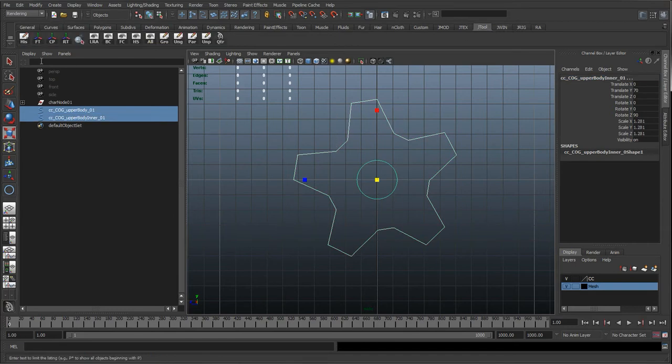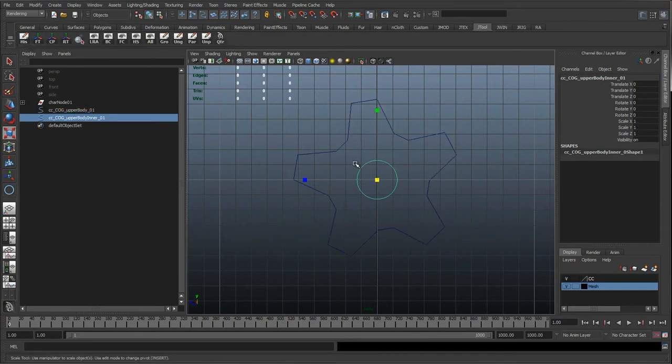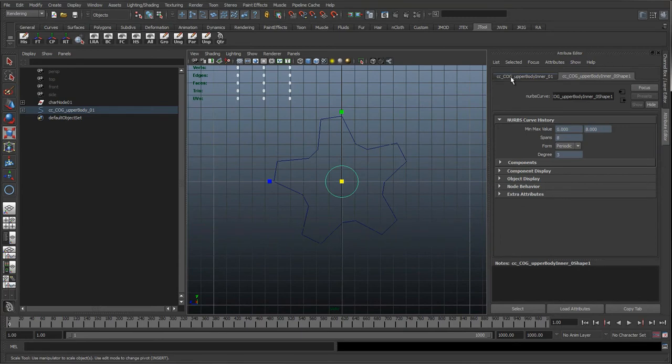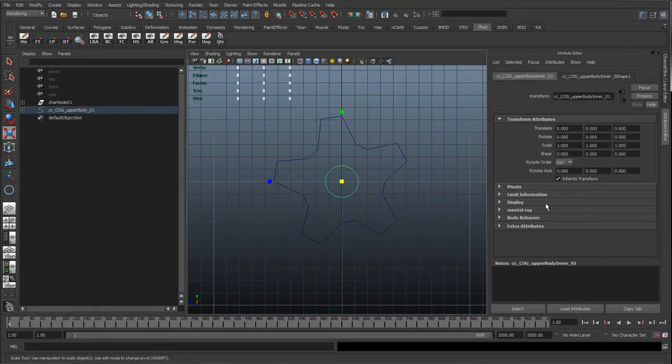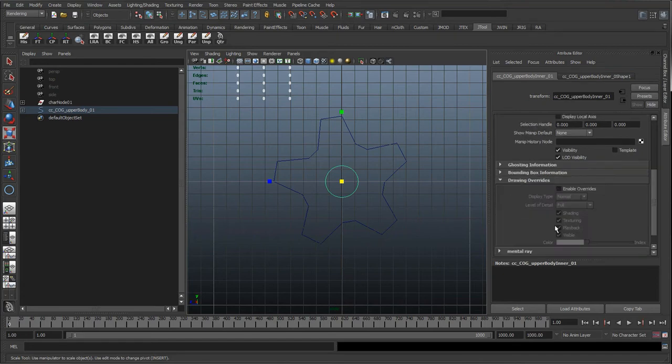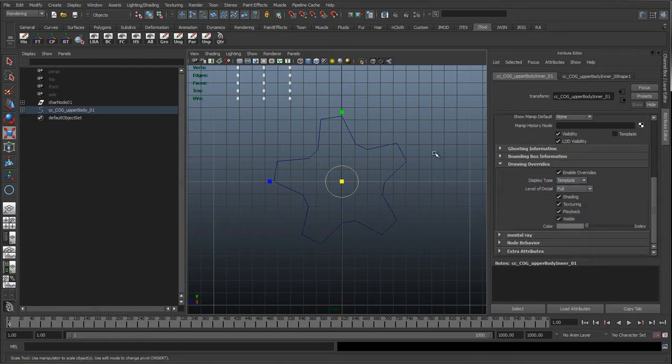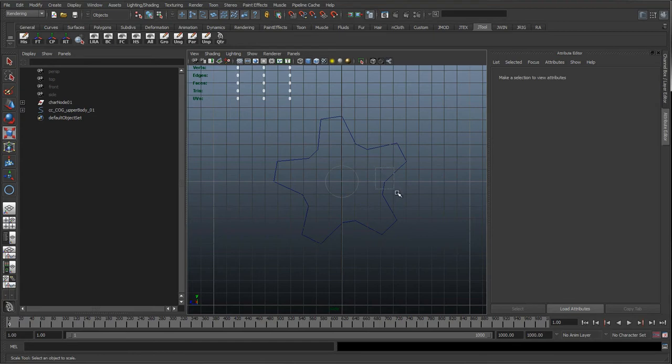Delete the history, freeze transformations. I'm going to select the smaller control and just parent it to that, and then in the drawing overrides, so I'll just go to display, drawing overrides, enable, and just put it template. So just giving that look of a cog.